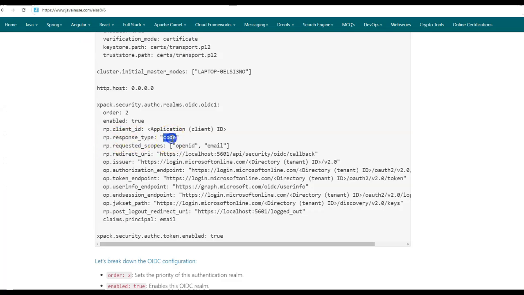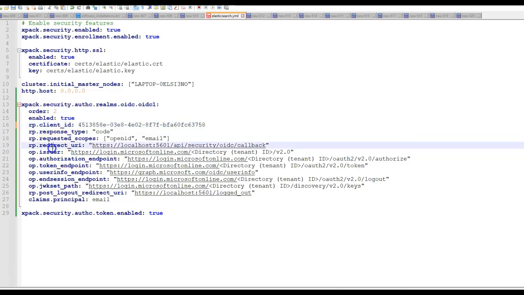RP.response code type, it will be code as we are making use of the authorization code flow for getting the token. The requested scopes will be OpenID and email. RP.redirect URI will be the same URI that we had configured when creating the app registration. Next we will be configuring the OP